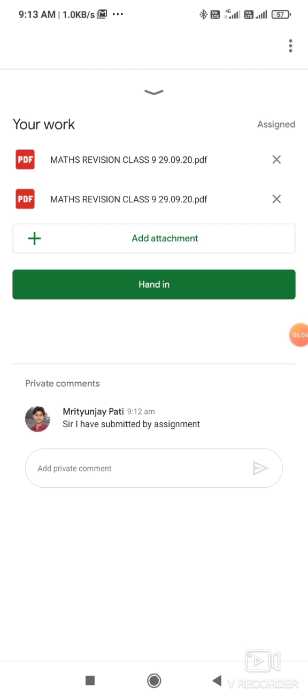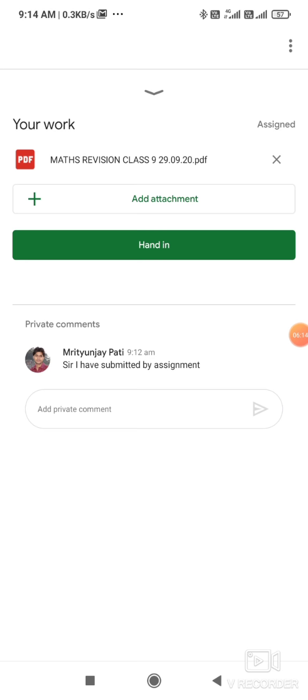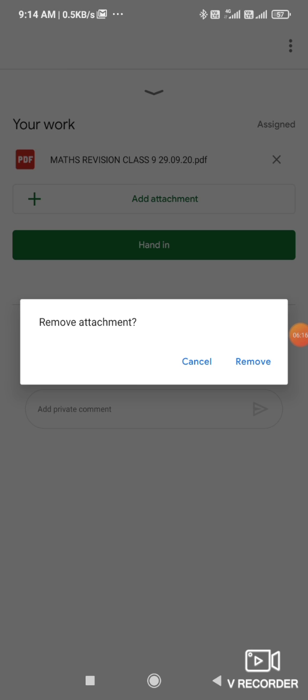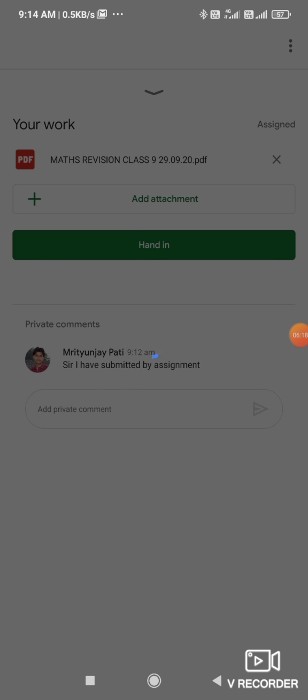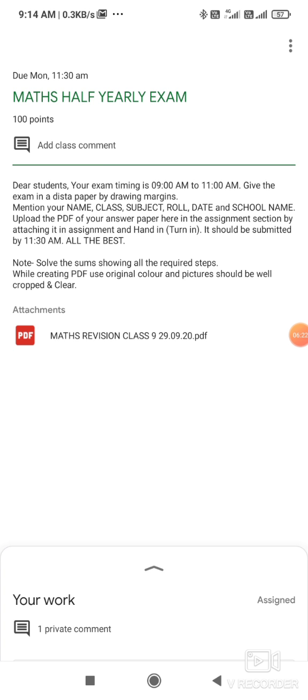See, I have already attached before, so 2 files are added here. Clear? You can remove the files also by tapping the cross button. So this is the method.